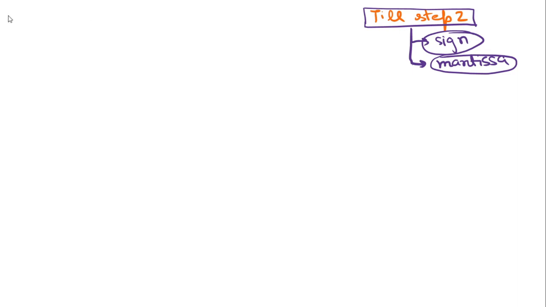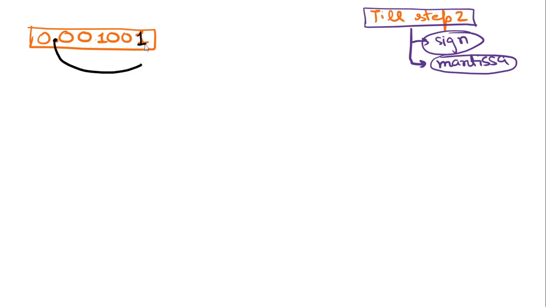So what is the trick here? Let's suppose we were having a number like 0.000001001. This was a number that we wanted to represent. How do we represent that? Again, let's suppose we are doing step 2. We will go towards the most significant one, and either we can go to left or to right. Let's suppose we go towards left. So after normalization we will get 0.1001 times 2 to the power